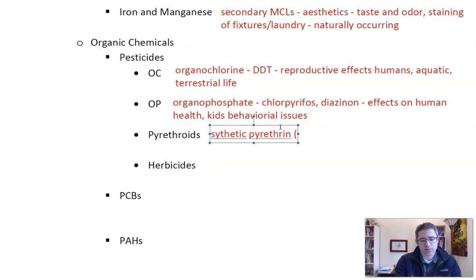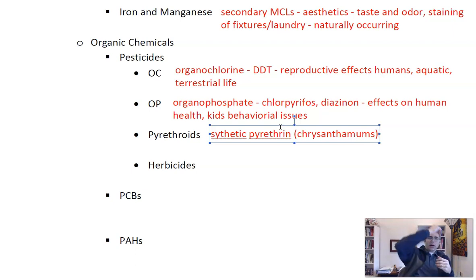Pyrethrin comes from chrysanthemums, the flower. And so pyrethrins have been used for centuries, if not millennia, as a means of keeping away things like mosquitoes. And pyrethrin that comes from the flowers breaks down pretty easily, so it doesn't last very long. So the synthetic pyrethrin is called a pyrethroid, and it's made so that it's more stable and can be used